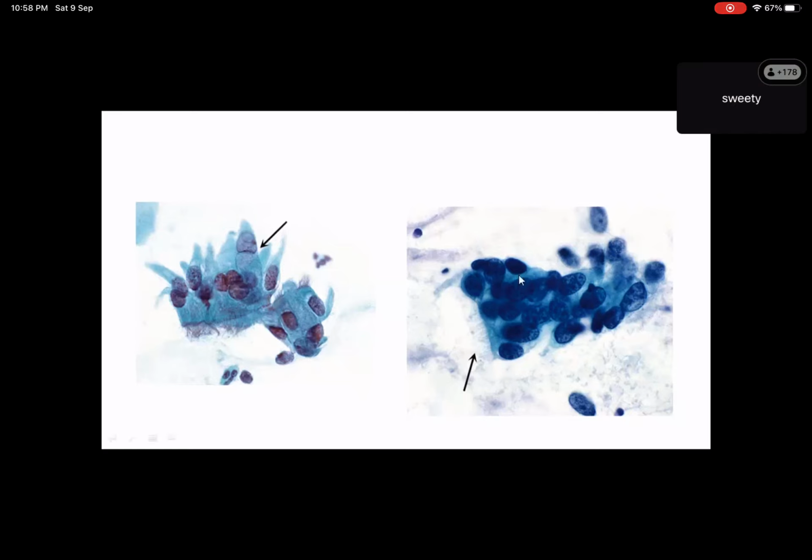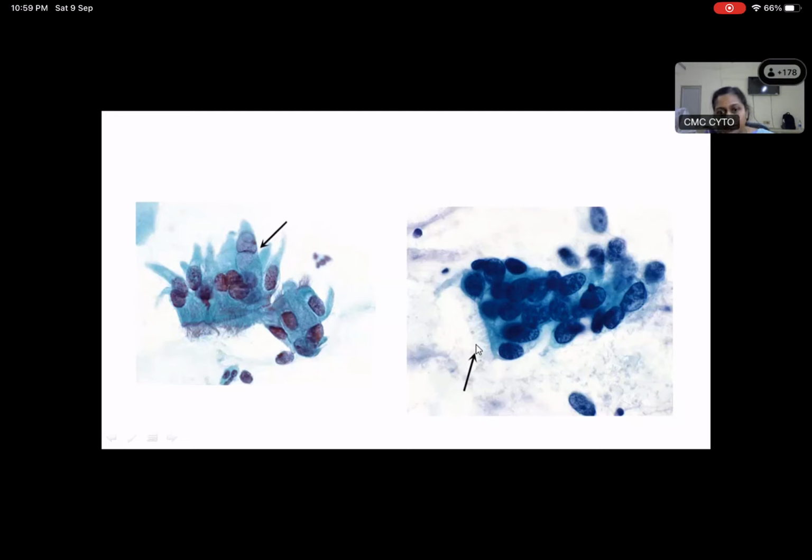So when we look at this cluster, actually it can look a little bit scary, isn't it? Because it looks crowded. Normally endocervical cells don't show that. So there is crowding, there is overlapping. The chromatin actually looks a bit coarse and it's dark. But you need to look for these cilia. So when you see these cilia, you need to realize that these are actually the normal cells which are just